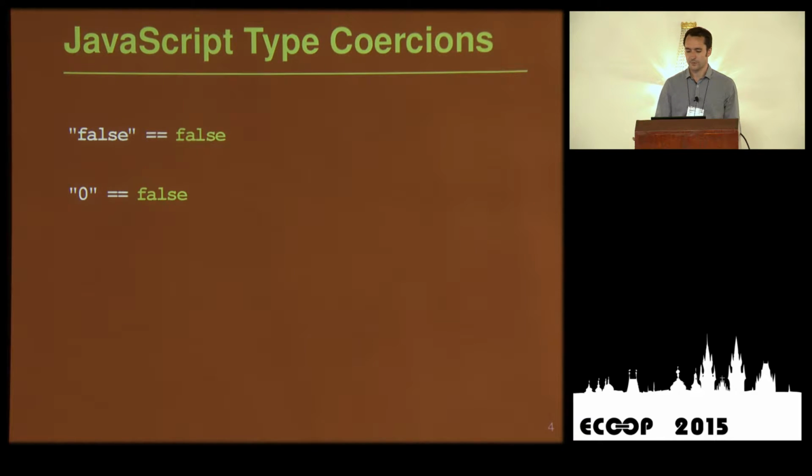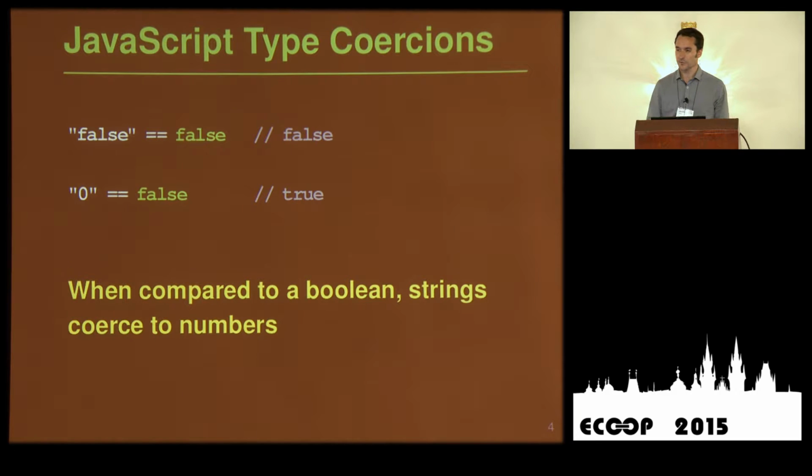Here, for example, we are comparing booleans with strings. I don't know what you expect to happen, but in JavaScript the first evaluates to false, and the second evaluates to true, which may be surprising. It's not surprising if you know the rules, but if you don't know the rules exactly, which most developers probably don't, then it's a bit surprising. The reason is that when you compare a Boolean and a string, the string gets coerced to a number, and then the comparison happens. In the first example, false coerces to NaN, not a number, and NaN is not the same as false, so the comparison is false. But in the second example, the "0" string converts to the 0 number, and this is treated as equal to false, which is why the second comparison is true.